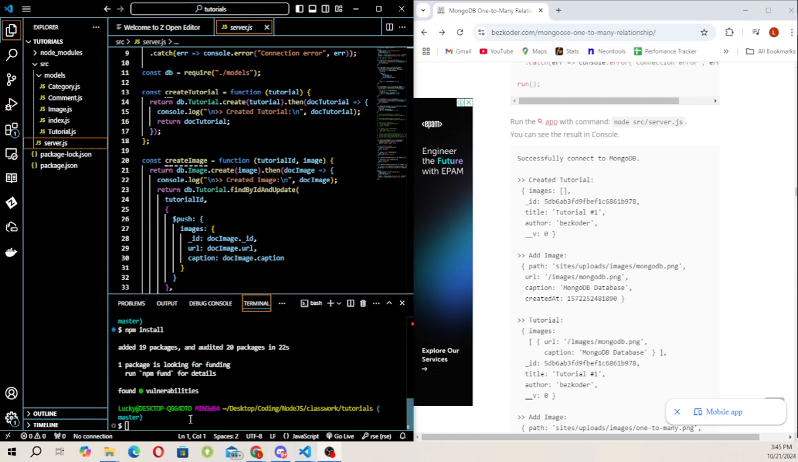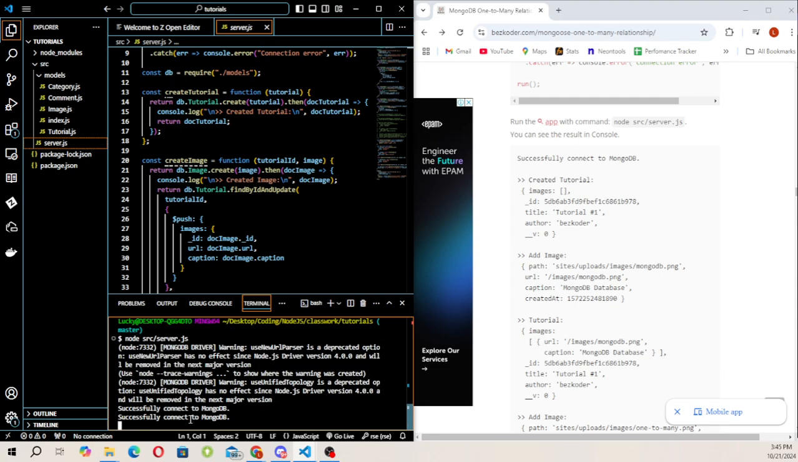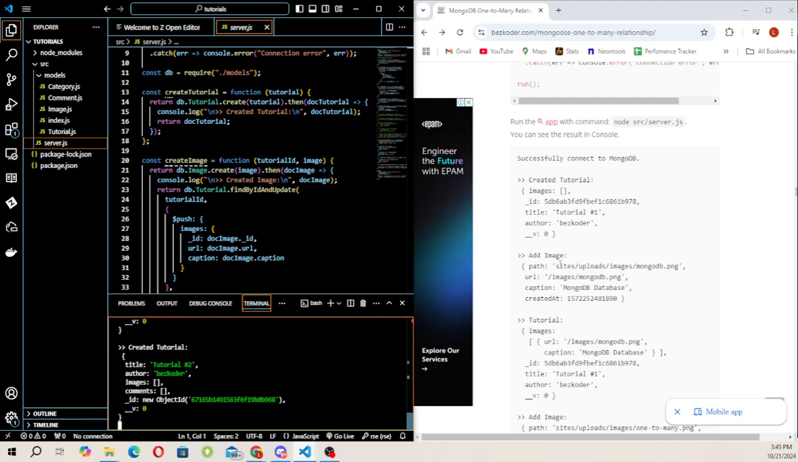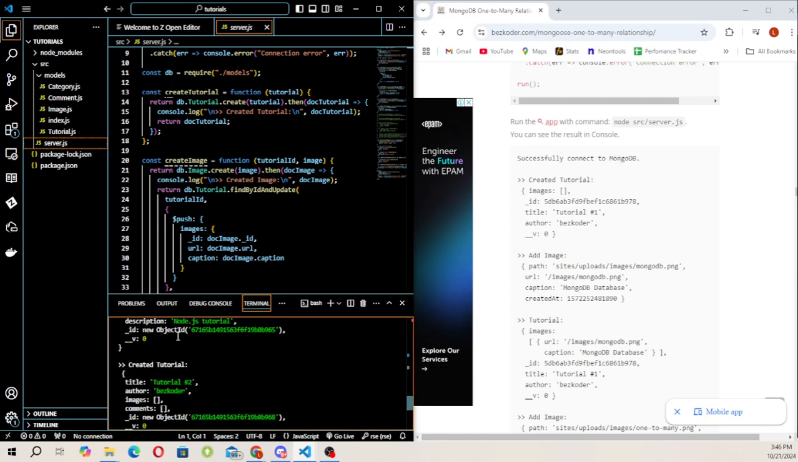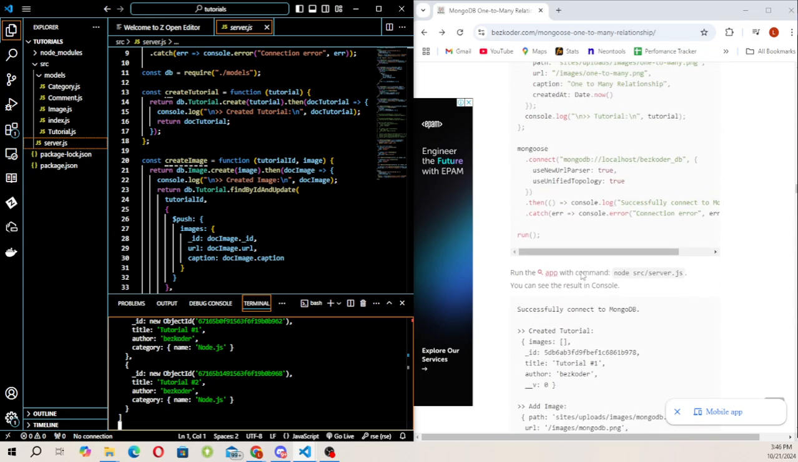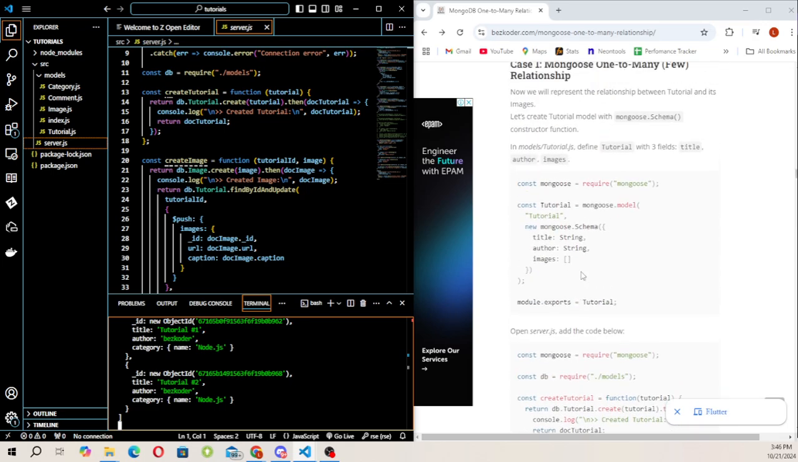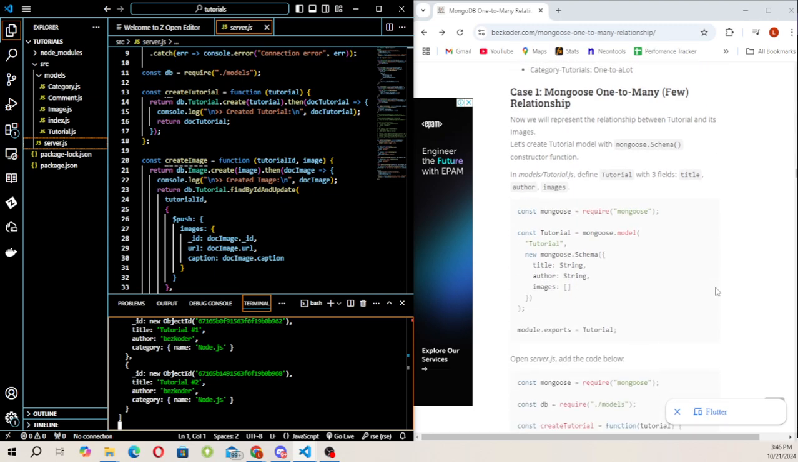Okay, now we've installed our dependencies. I'm just gonna run this command again. And as you can see, we've connected to MongoDB, and we've created tutorials. You can see in our terminal, this is what we see here, right? So the whole point of this was to display the one-to-few relationship, right, representing the relationship between the tutorial and